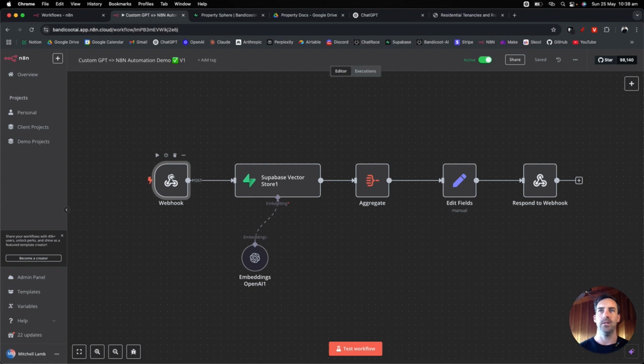But what it's doing is it's got the webhook, it's coming in, it's doing the database search, it's putting together all the responses. So at the moment, I think I got set to the top 4 matches, and then I'm just extracting what I need and then sending it back. But if I come into this webhook here,